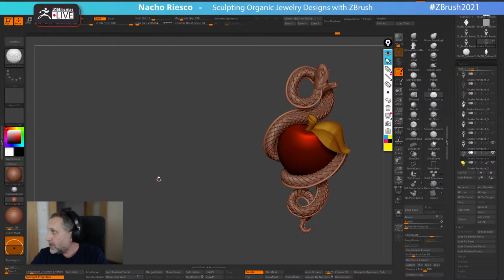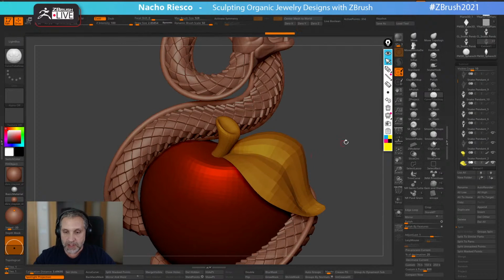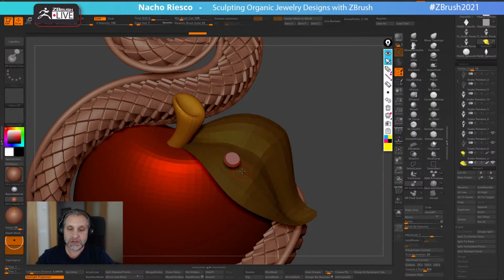Okay, so I don't use any plugin for making pavés. I'm gonna explain how I make the pavés with a custom insert brush I have here. I'm gonna talk about this on the next stream. For example, this is the surface that I'm gonna use. This is my custom brush. I'm gonna start making the